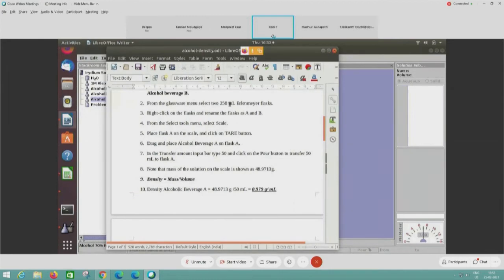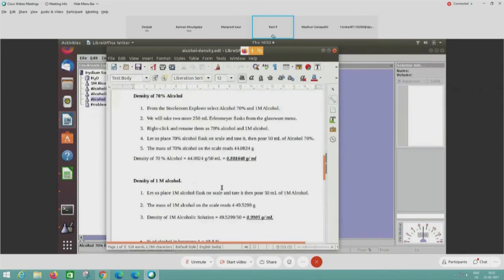The procedure is written here, and for 70%, it comes to 44.08 grams. And since the volume is 50 ml, we have a density of 0.88 grams per ml.